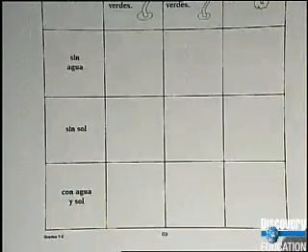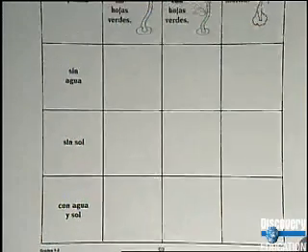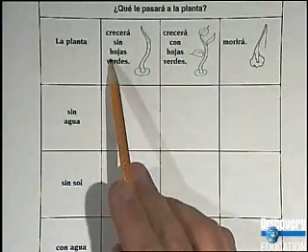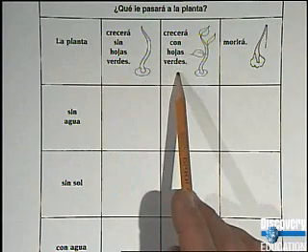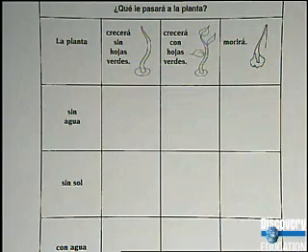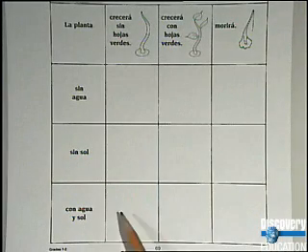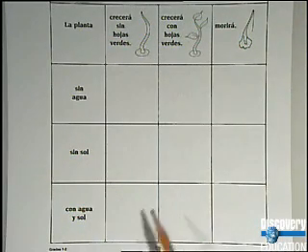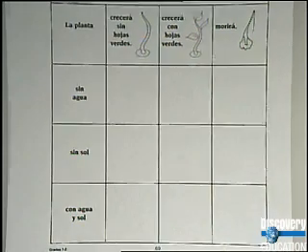And finally, our last one. Con agua y sol, with water and sunshine. What do you think will happen? Will the plant grow without green leaves? Will it grow with green leaves? Or will it die if we give it water and sunshine? Choose what you think the answer is and put an X over your